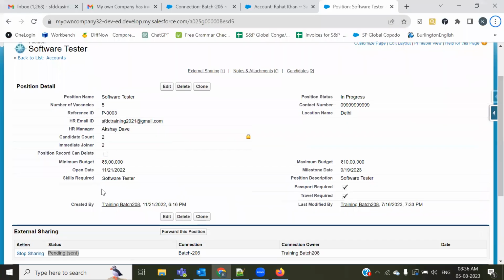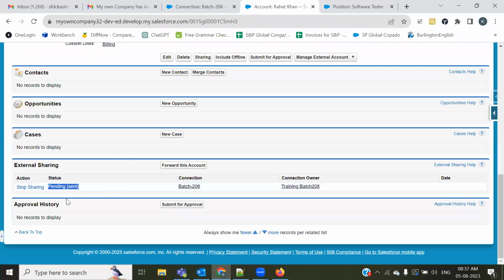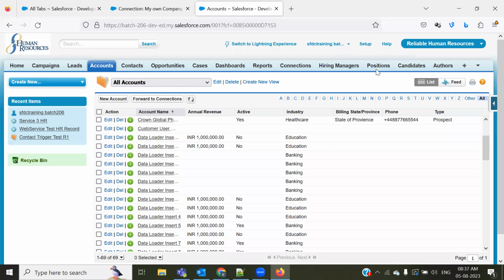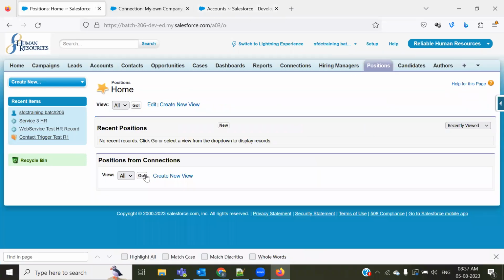There is something which I'm missing. Position sent. From here it was sent to 206. This is 206. And for the position,